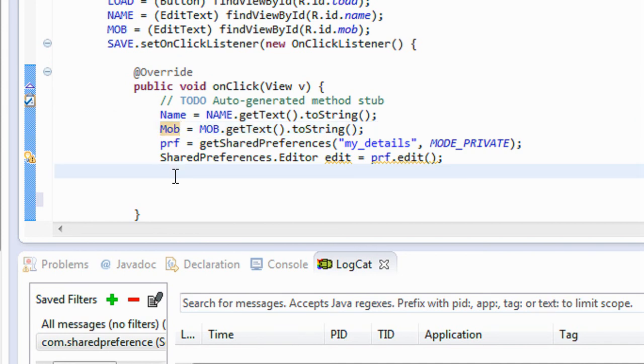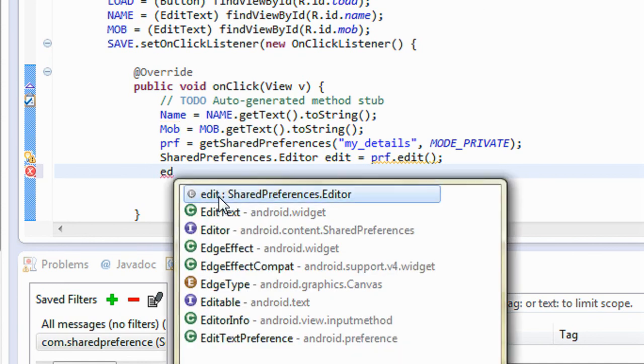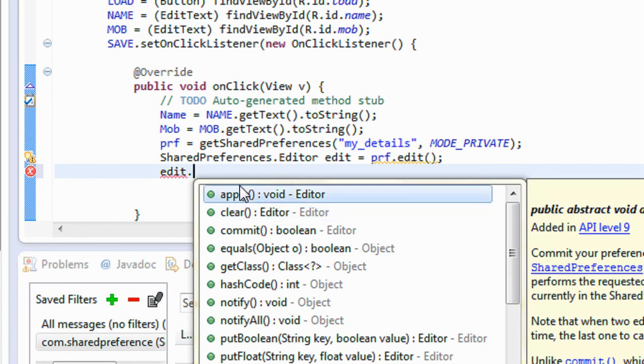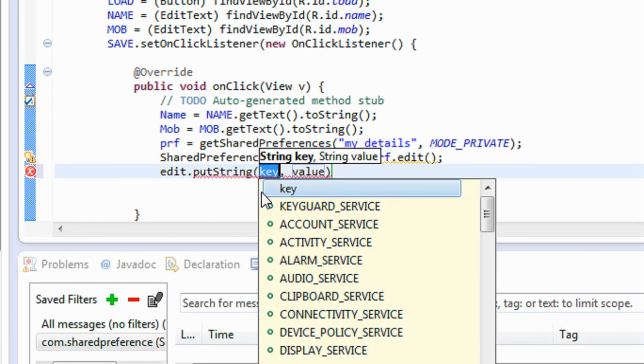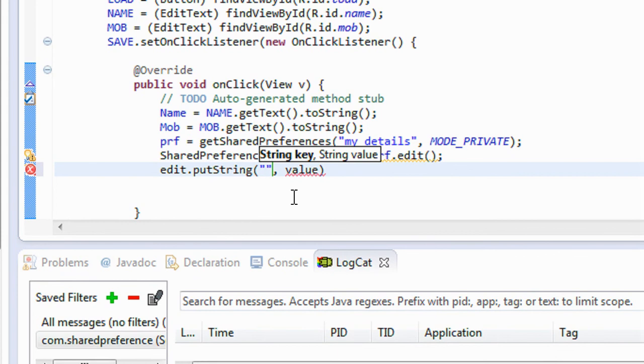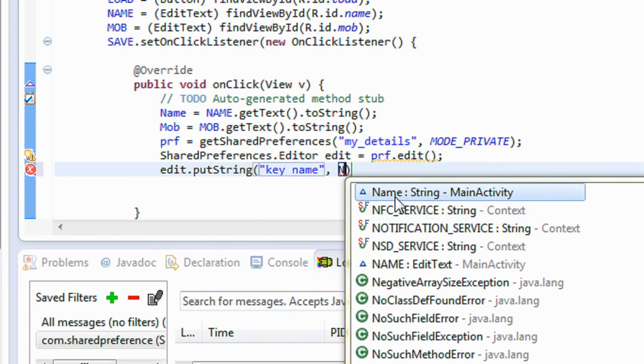So here I use that object of editor class. Here the object is edit dot, using these are string, so I use the method put string. Here you need to insert a key for identifying that value. I give it as key name, and here the value is the variable name.